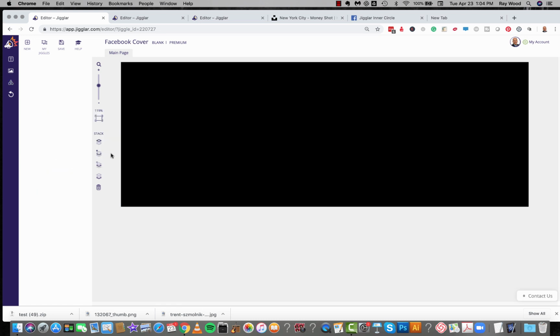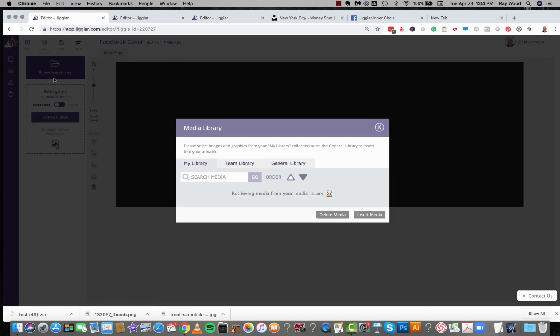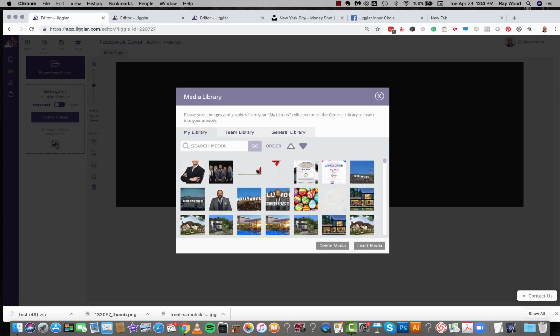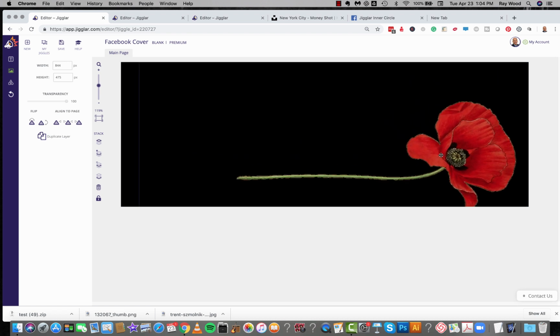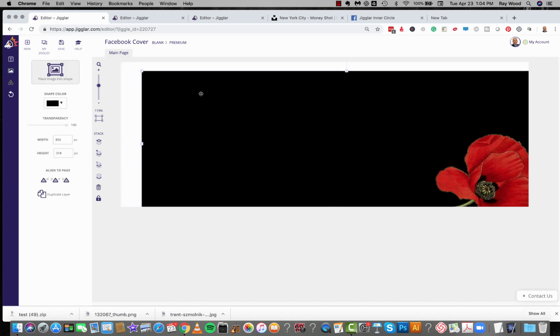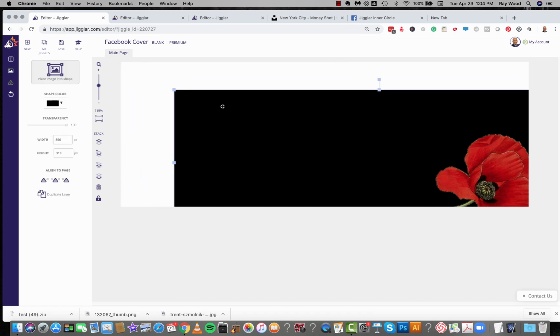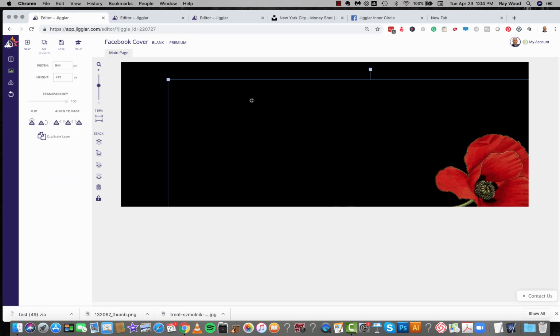Now the next thing I want to do is put my poppy in there. So I've already uploaded a poppy, so I'm going to click on the image tool. I'm going to click on my library. There's the poppy that I've created. I'm going to click insert. Now it's a larger file, I think, from memory, so I might have to do a little bit of reducing. It's not too bad. But you can see that, whoops, I made a mistake. I simply press Control Z. Now there's my